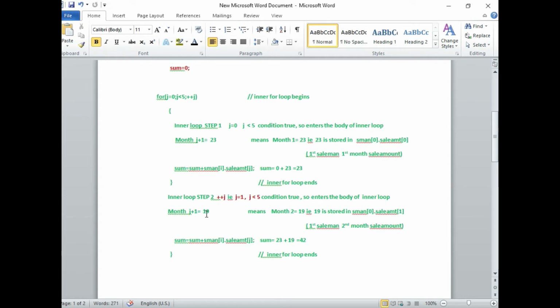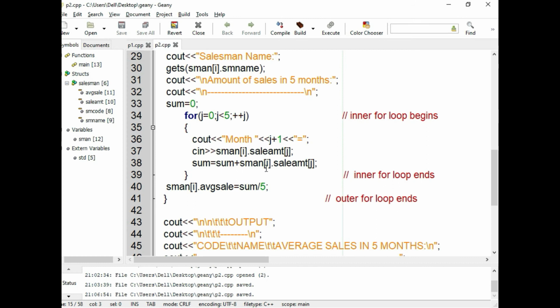Consider I have given 19. That means the sale amount is 19 for month 2. And the 19 is stored in Sman of 0 dot sale amount of 1. That means Sman of i dot sale amount of j, where now the outer value is 0 and the inner value is 1.